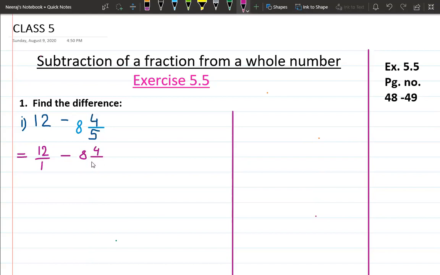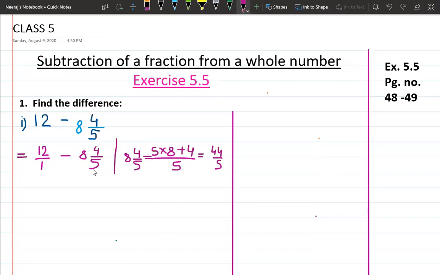mixed number. Now children, firstly you have to convert the mixed fraction into an improper fraction. For it, you have to multiply 5 into 8. So you have to write 5 into 8 plus 4 by 5, right? This will give you 8 5s are 40 plus 4, 44 by 5. This is the conversion of the mixed fraction 8 4 by 5. This will give you 8 4 by 5, and you have converted it into